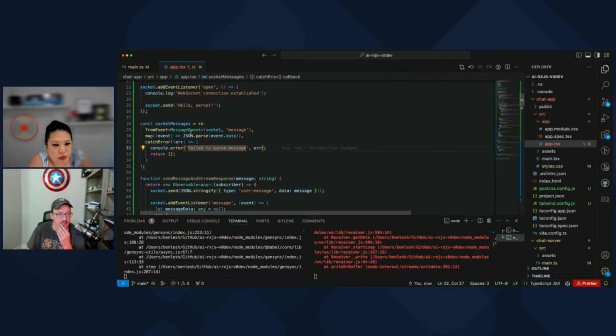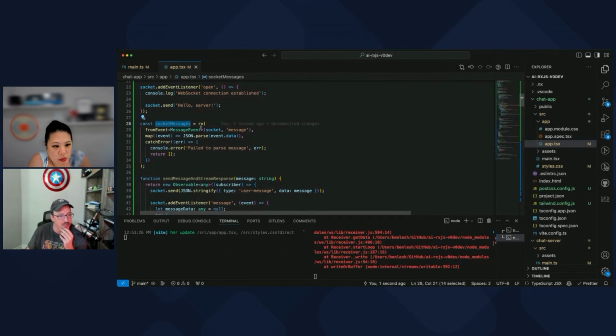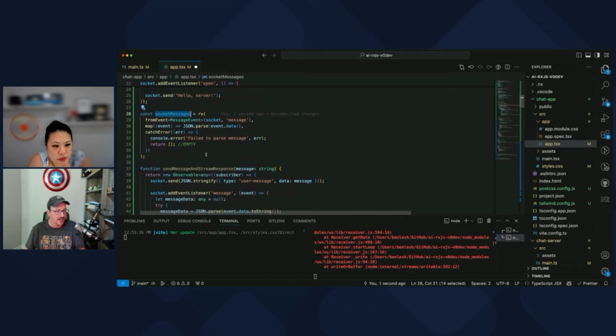So what this is, is an observable of socket messages. What am I missing? I'm missing a close bracket. An observable of socket messages. So every single message on the socket, I'm going to automatically parse this JSON. If there's a problem, we just log it and do nothing. So this is the same as returning empty, really. And so that way it keeps going, like this observable doesn't die, or the subscription to this rather doesn't die.